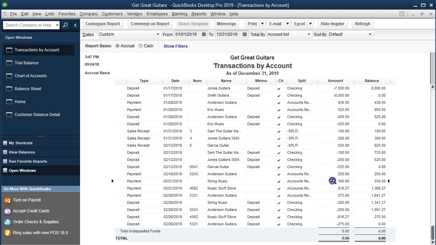We could say, here's the deposit, it's cleared. Here's the deposit, it cleared. Or here's it going into undeposited funds, and here's us depositing it into the bank. Here's it going into undeposited funds, and here's it going into the bank. So if there is a balance in undeposited funds and we don't know what it is and we're trying to figure out what went wrong, you can print this report out or export it to Excel and do that kind of matching system. And then you can figure out what the balance remaining consists of, which transactions are still there,